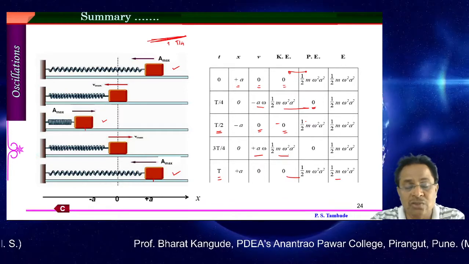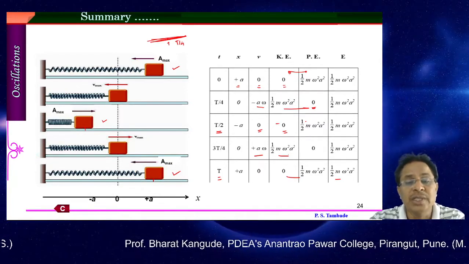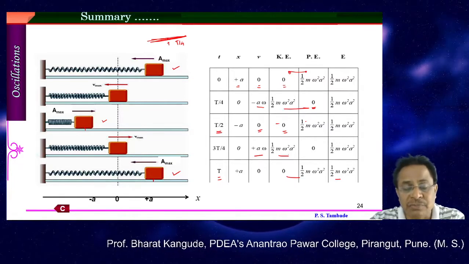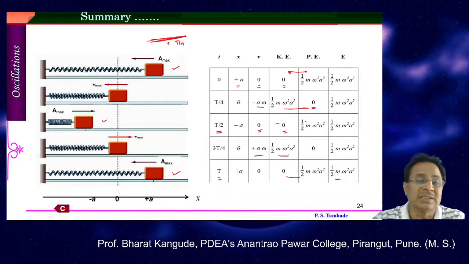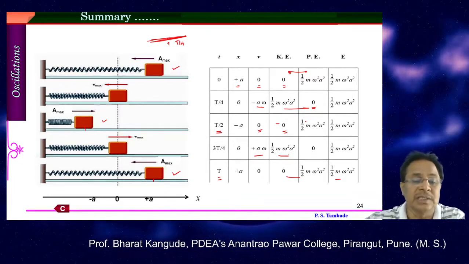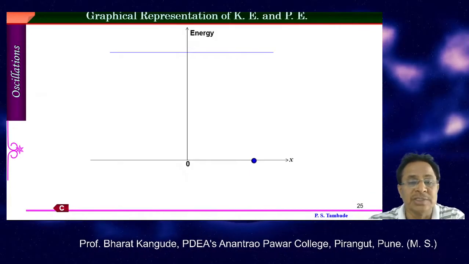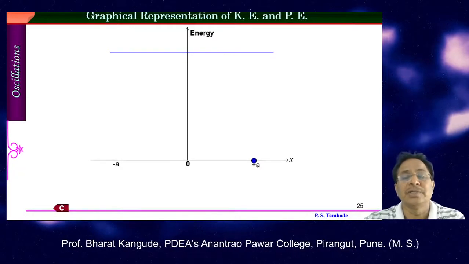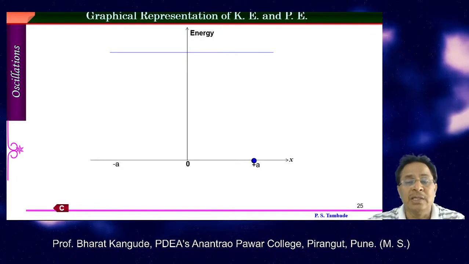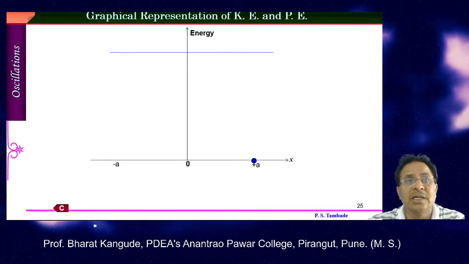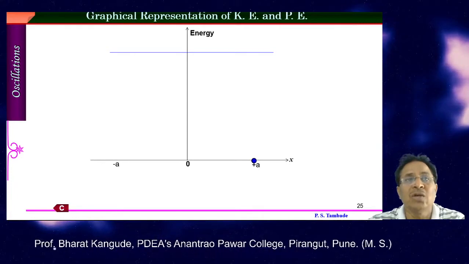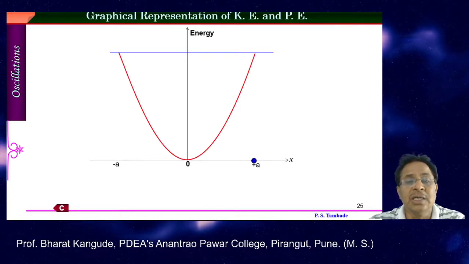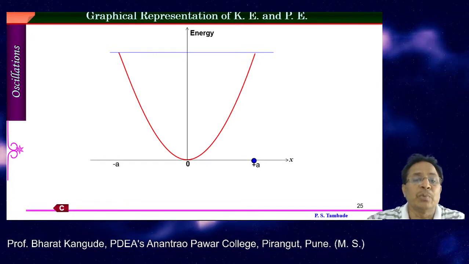All oscillators observed in practice lose their energy in overcoming certain frictional or viscous forces, and that is what our second chapter will discuss later on. So this is the summary of the energy calculation. Now if I go for the graphical representation of kinetic and potential energy, both these relations contain 1/2 m omega square into A square. That square dependence has been taken into consideration. Therefore, that is how it shows the potential energy.